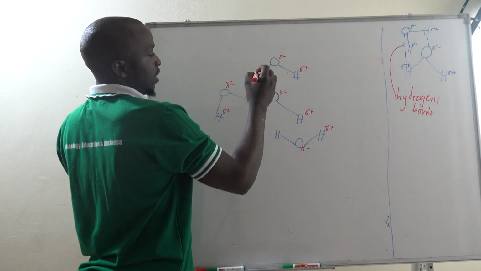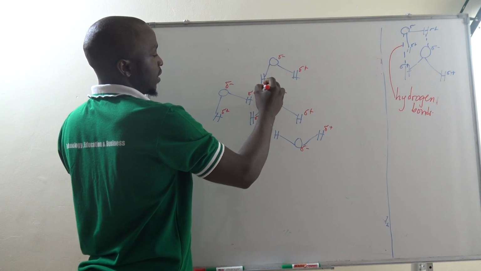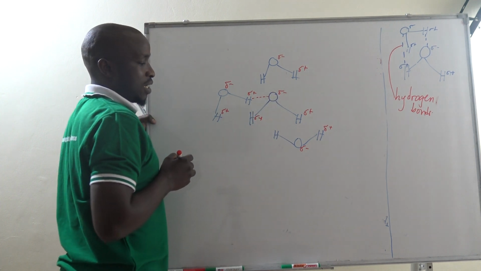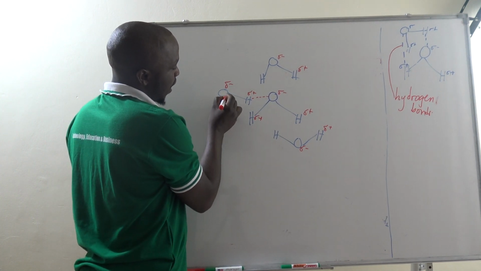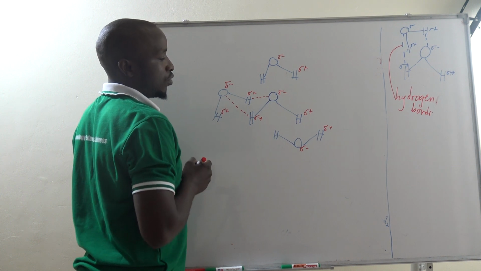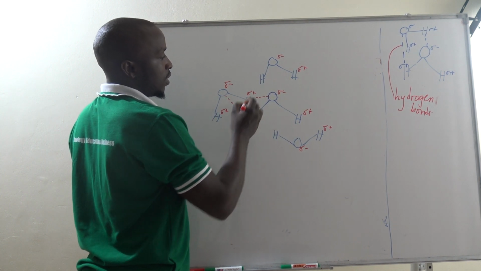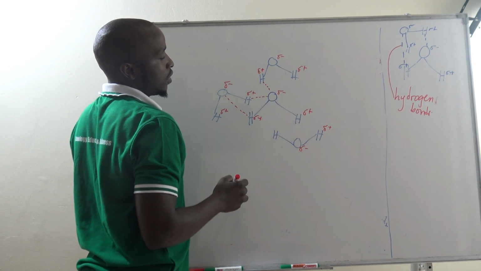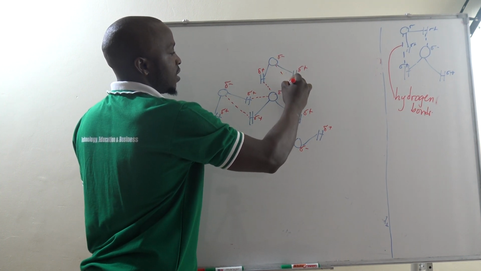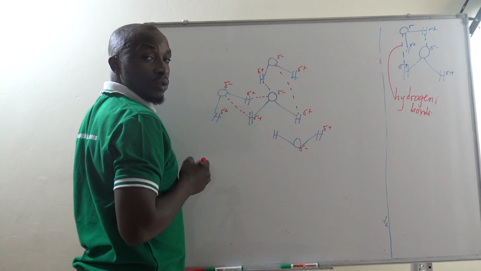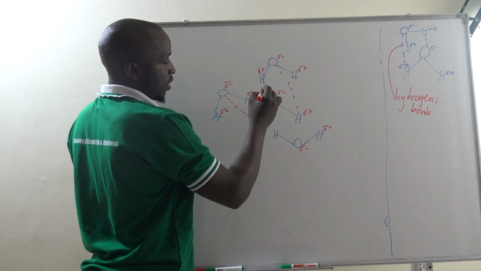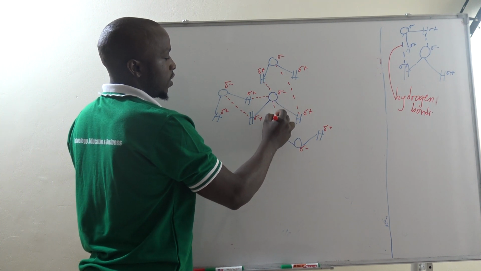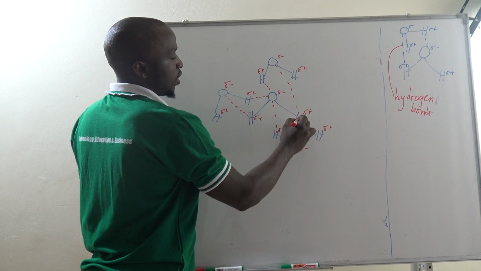We find that this can link up with that partial negative. This can link up with this partial positive. This partial positive also can link up here. This can find when it has linked up with the partial positive. This partial positive can be found linked up here, and this partial negative can be found